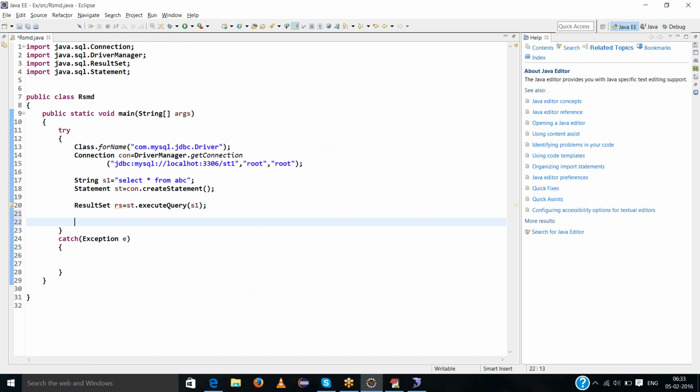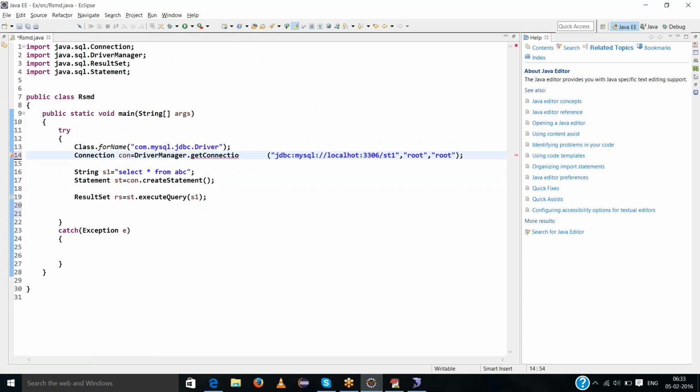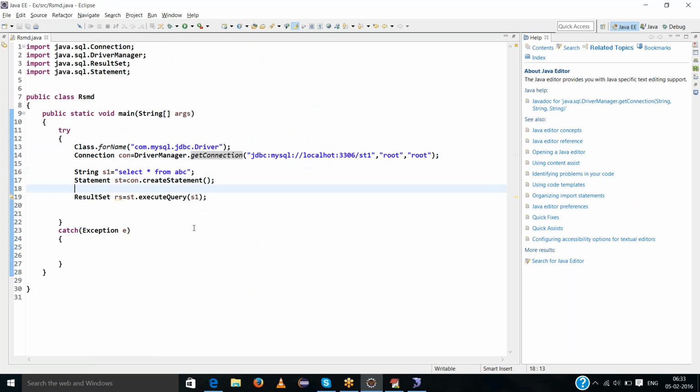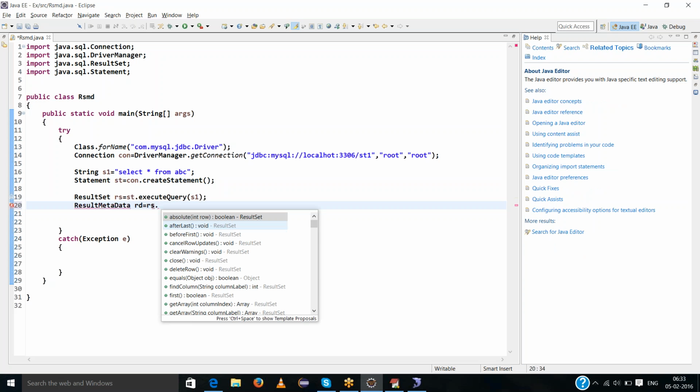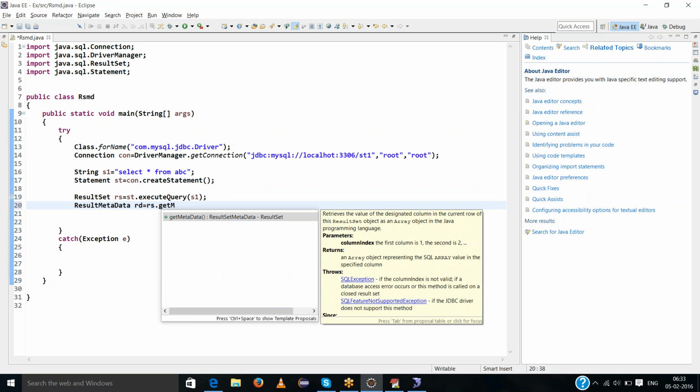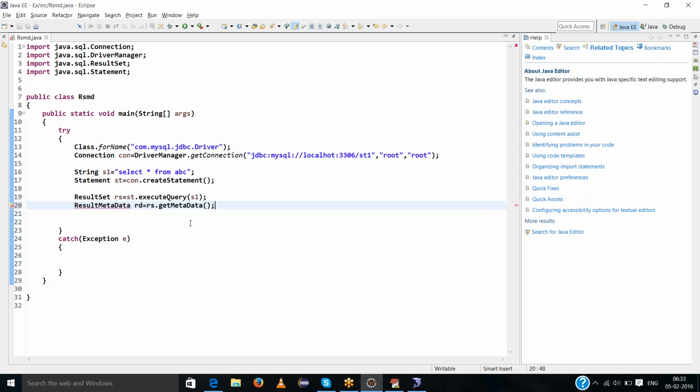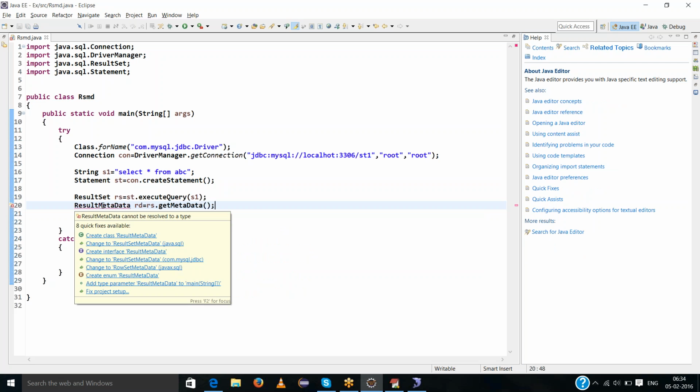Next one is ResultSetMetaData rd equal to rs dot getMetaData.